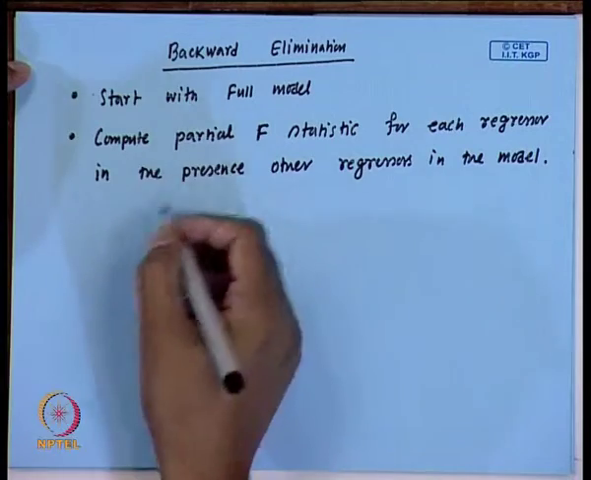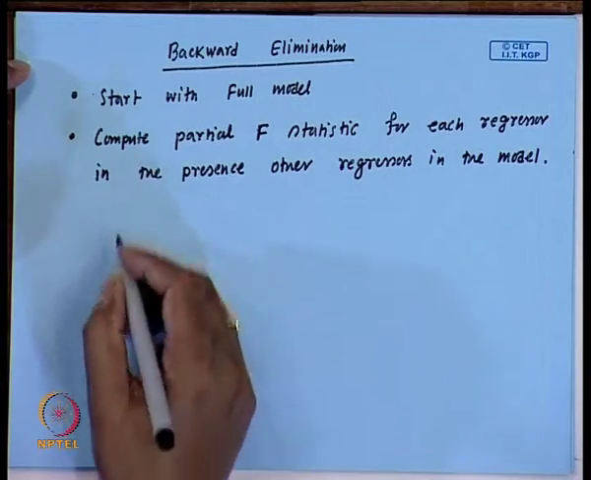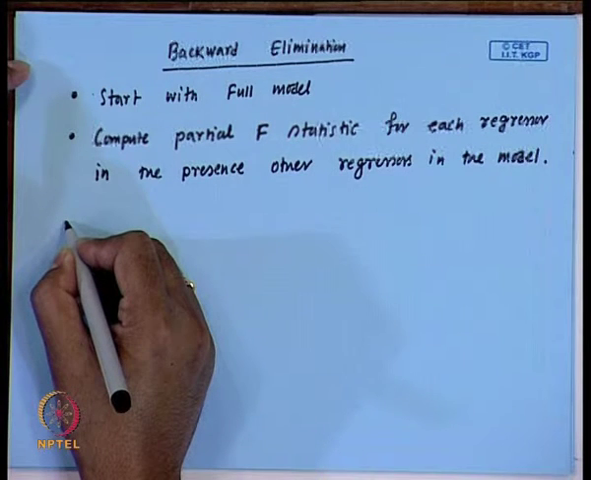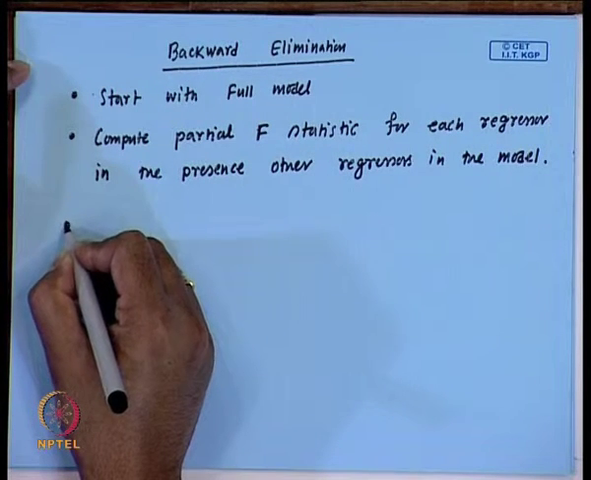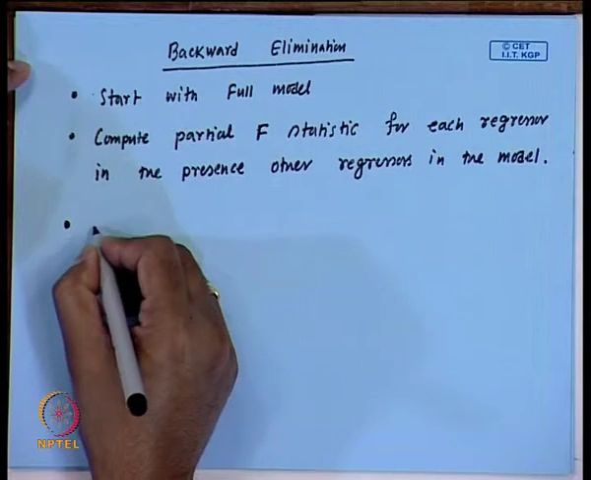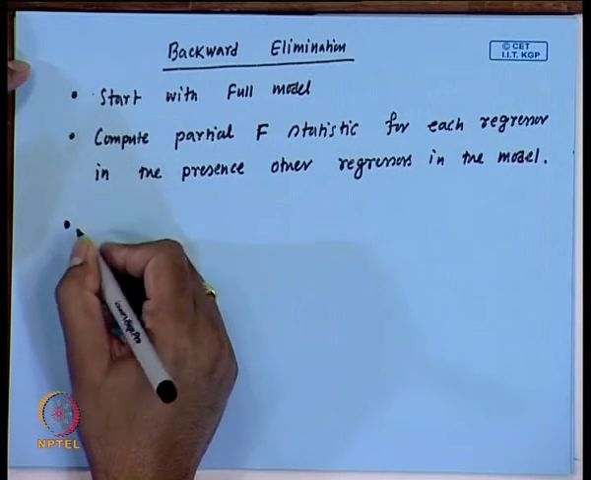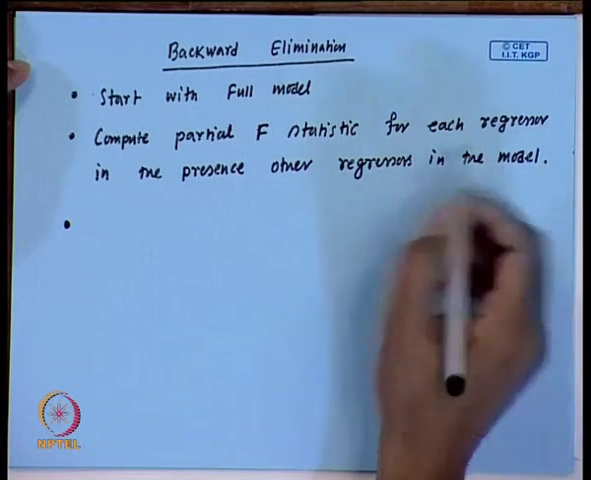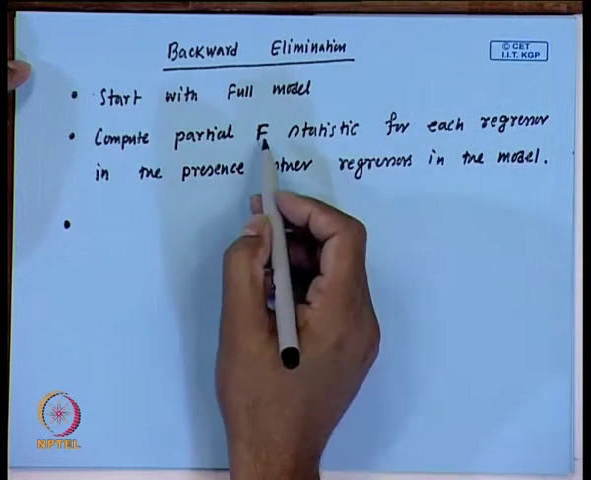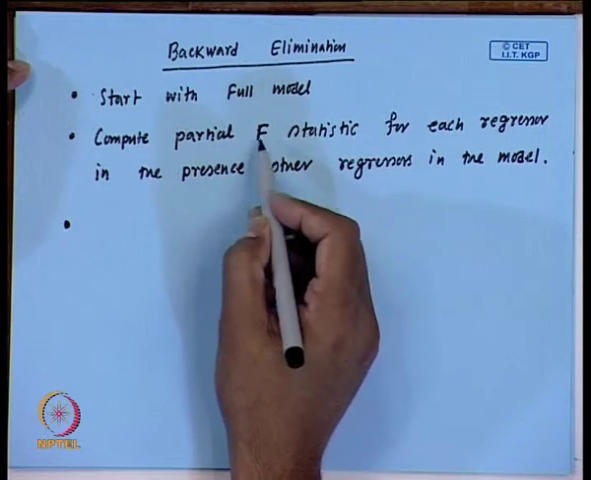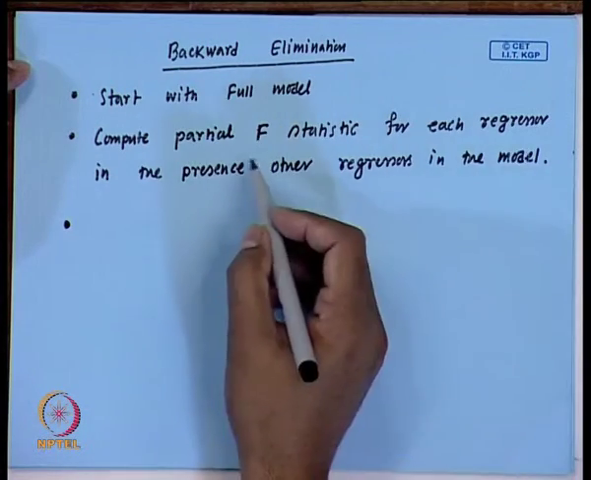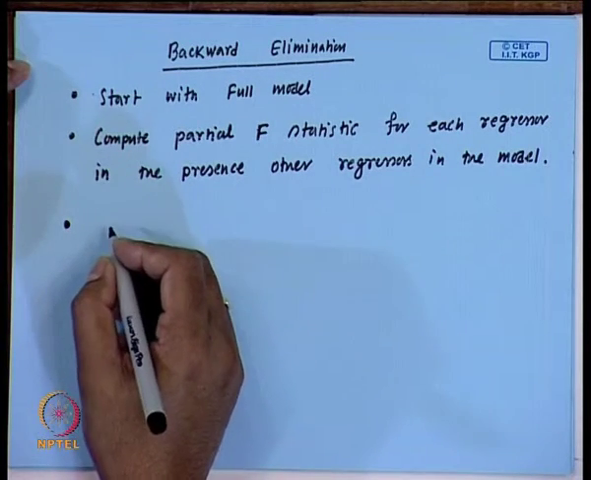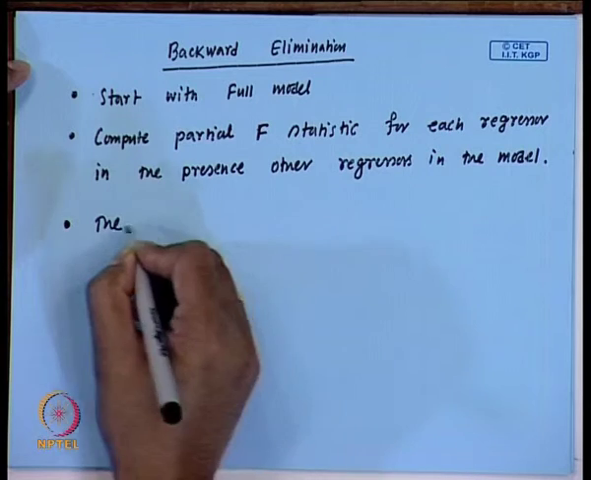Okay. So, I will explain all these things. Let me just write down the algorithm first. Next is, see, you are computing the partial f statistic for each regressor in the presence of other regressors. So, if the f value is very small for some particular regressor, that means that is not significant. So, we look for the smallest partial f value, the regressor